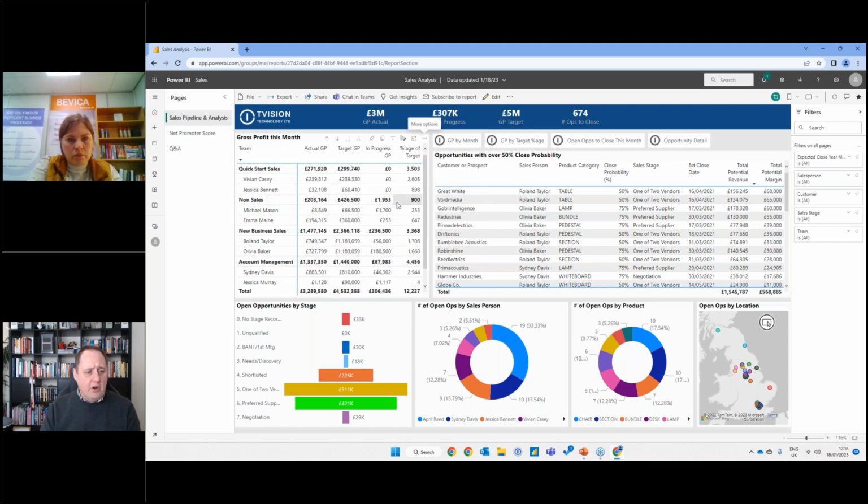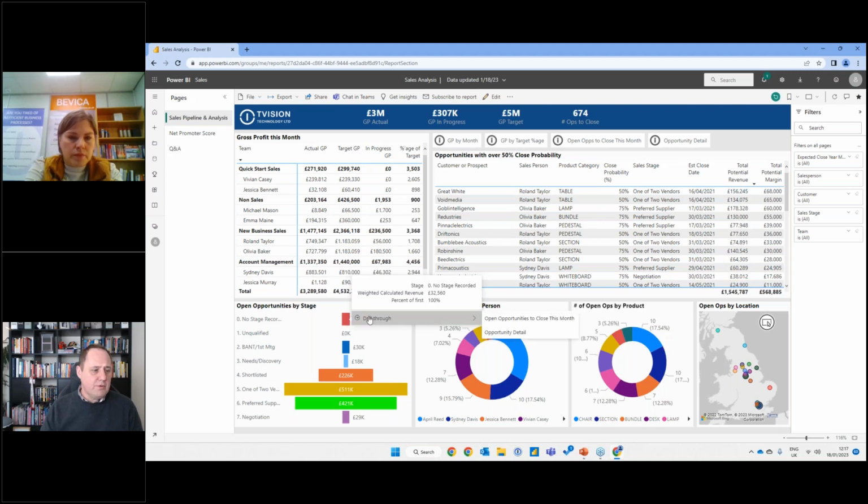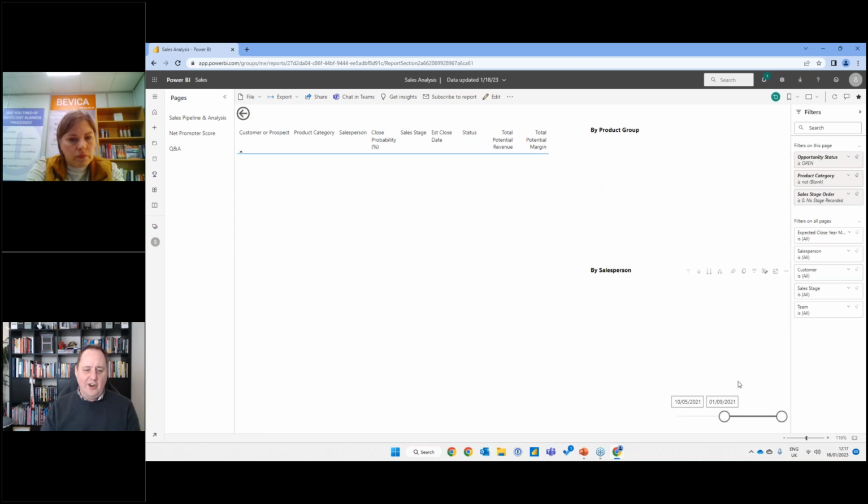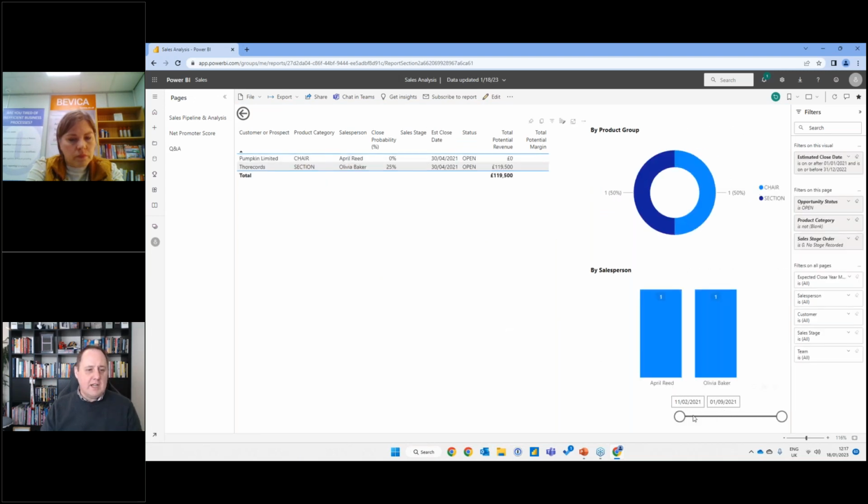I can, on any of these, look at this data and say, okay, I can see that. Perhaps I want a bit more information. So I talked about drill through before, and all of this is easily developed. So there's nothing that's set in stone. So we can add this or not to suit you. So I want to drill through there and see perhaps opportunity detail where there is no opportunity stage recorded. No problem at all. None, luckily. I can get right down to the detail straight off.